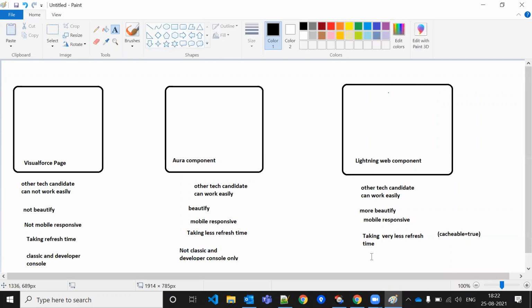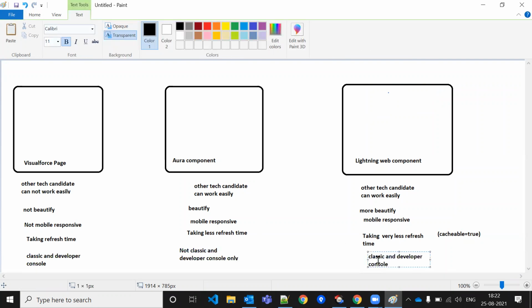Here, not the classic side, not the developer console. It works for VS Code only.